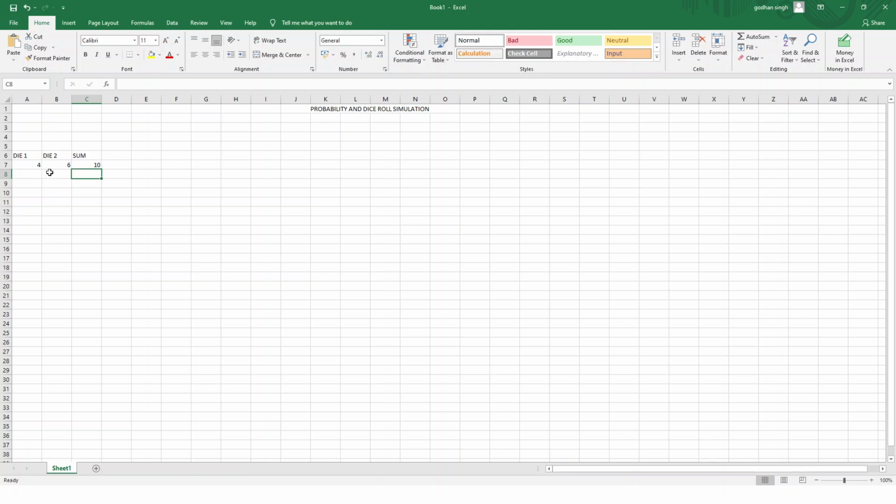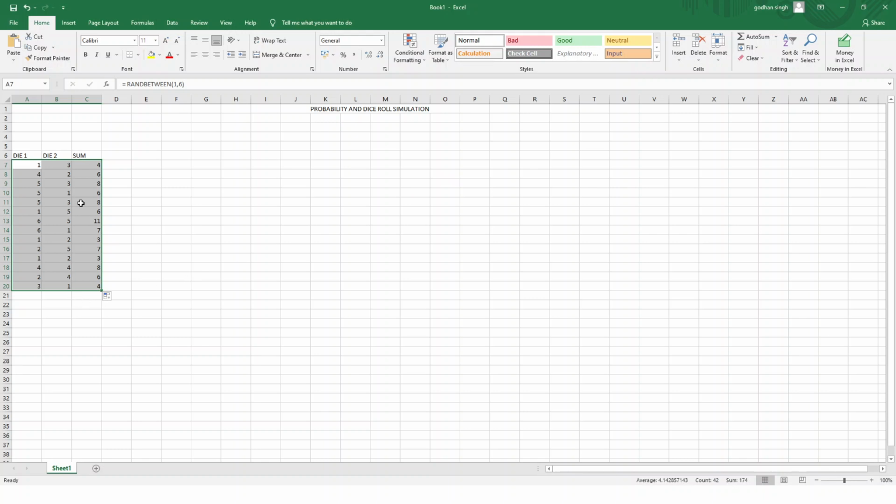So we are getting here 4 plus 6 equal to 10, because the numbers have changed. Whenever we click in any cell here, the numbers will change, but we know the sum of 4 and 6 is 10, so it is correct here. Now next what we'll do is just select all of them and drag this downwards. So here we have taken some numbers, and you can see that everywhere the answer is correct. 4 plus 4 is 8, 2 plus 5 is 7, and so on.